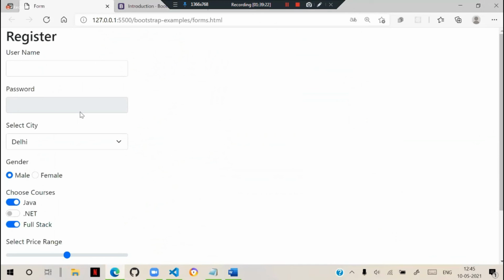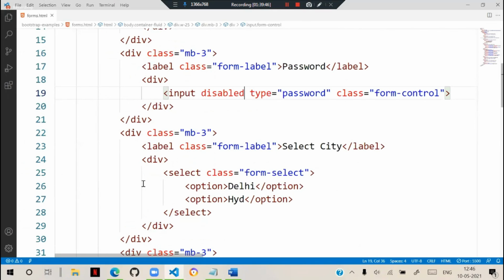Earlier we wrote such styles manually, but now it gets that appearance automatically. So this is basically how you design and configure the appearance for the contents. Now these are the input form control related new options, and you can design the form in this way.